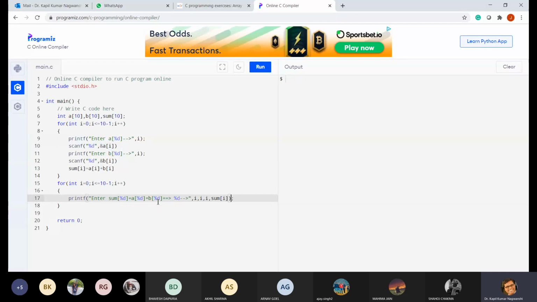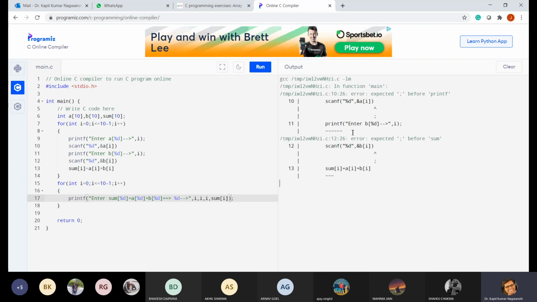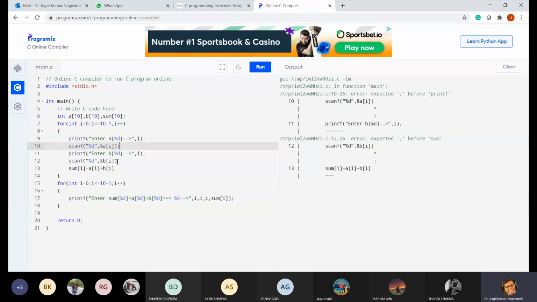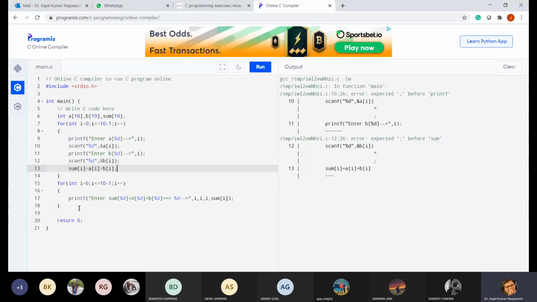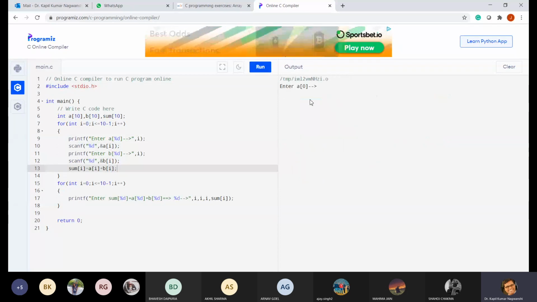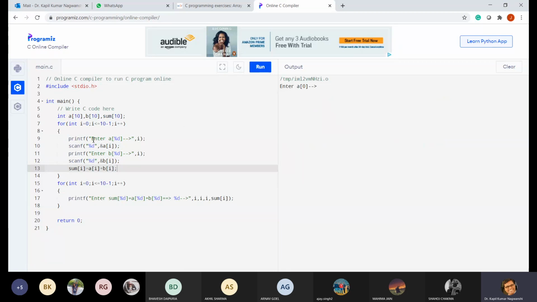So this is our way of writing the program. This program is very simple. If I am running this program, scanf is without %, and this is the error. Now enter a[0]. Now it is asking, this line is compiled. Okay, enter a. a is constant, but instead of writing %d, it will write the current i value. Suppose I had put 23. Now it is not asking for anything. Scanf address of a[i].